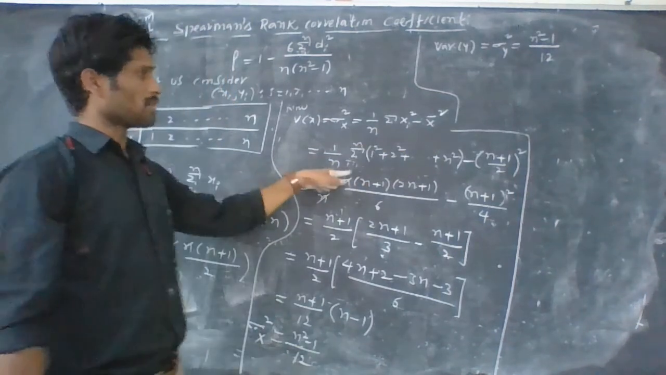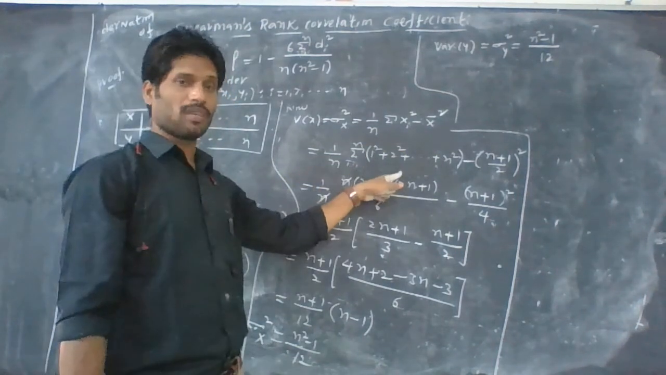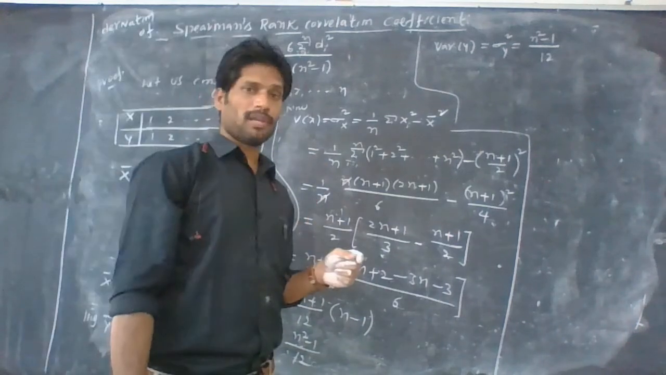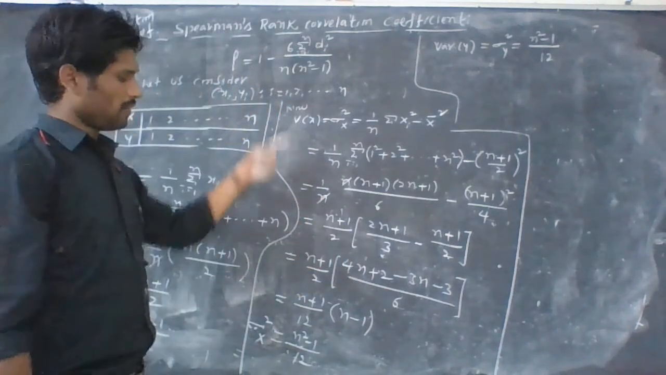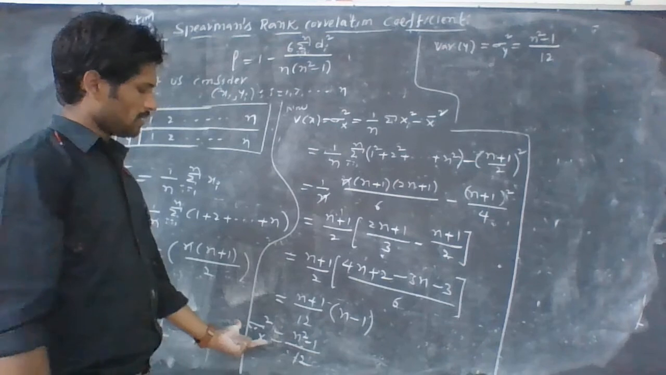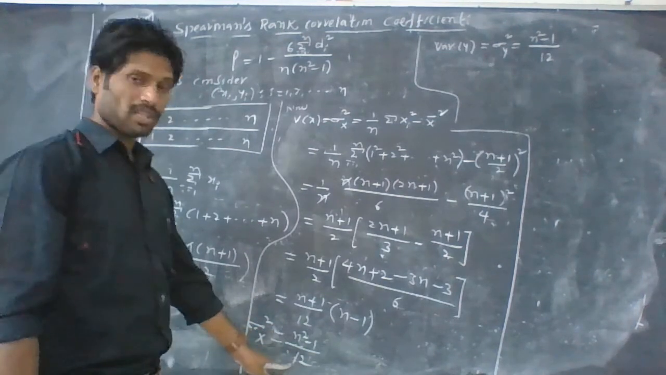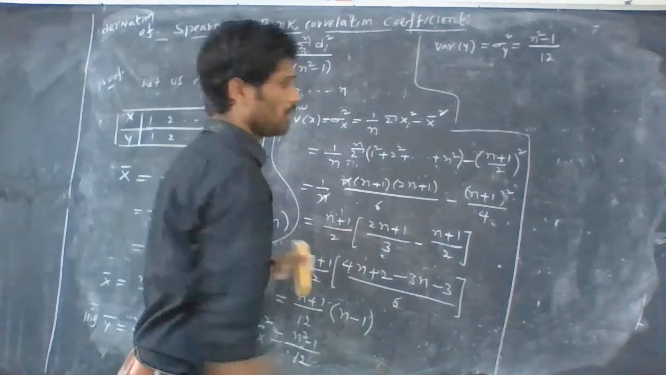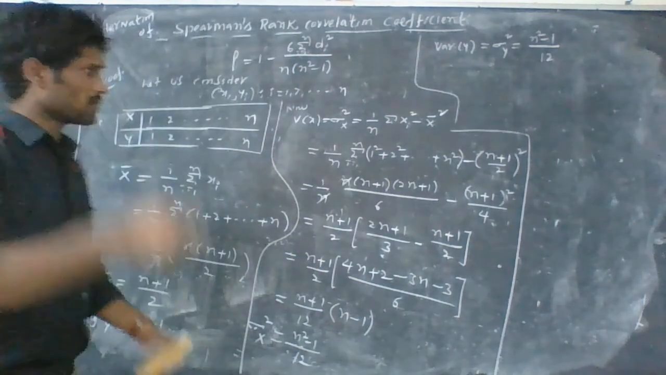So 1 by n summation i equals 1 to n, 1 square plus 2 square and so on, n square, minus (n plus 1 by 2) whole square. Simplifying, finally sigma square x equals n square minus 1 by 12. So sigma square y is also n square minus 1 by 12. Next we go to